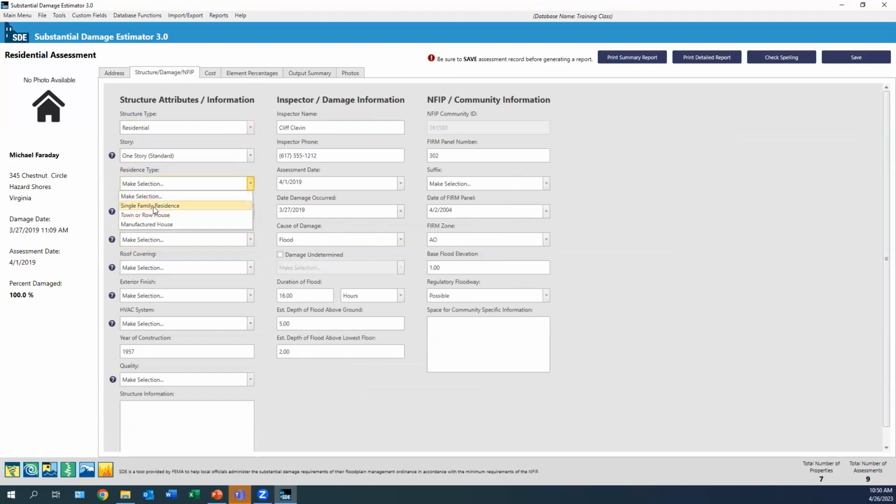Residence type, so the single family, town or row house, or the manufactured home here, like I said, is an option for either residential or non-residential use. If it's a manufactured home, this is what you'd want to use. Heating and cooling, the exterior finish, so you have these basic ones to choose from, which standard is usually just siding or stucco, the type of roof covering, and then, like I said, cause of damage, this is flood,